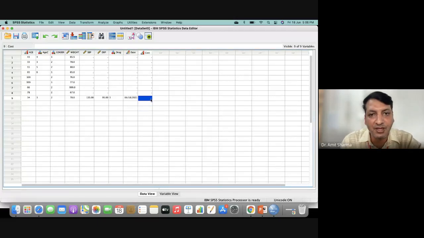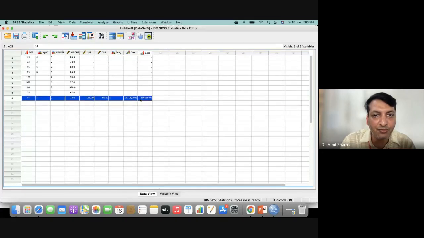Now see, it's visible. Cost, directly you can enter how much cost was spent, like this. So like this, I have entered the data of patient number 9. You are going to follow, and if you want to see the code where you have done the coding, you have done the coding in age category, in gender, and in drugs.